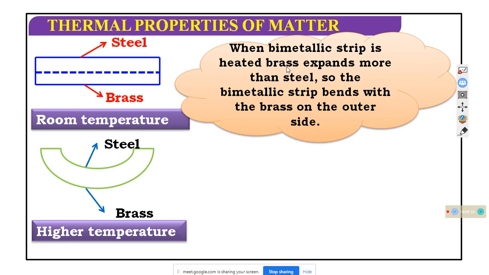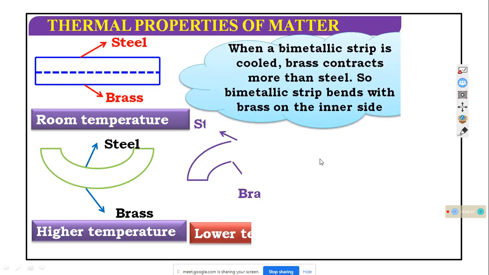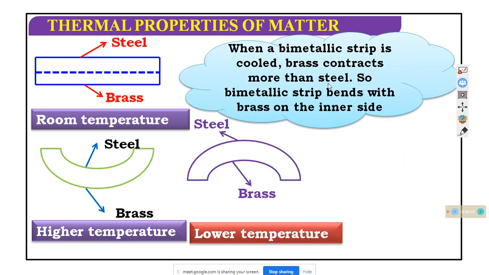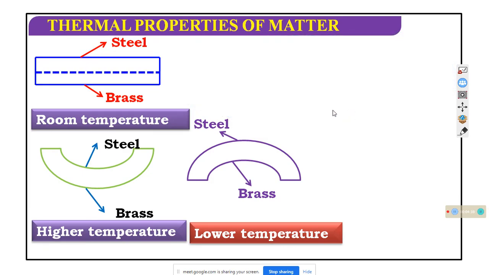Okay, when the bimetallic strip is heated, brass expands more than the steel, so the bimetallic strip bends with the brass on the outer side. When the bimetallic strip is cooled, the brass contracts more than the steel, so the bimetallic strip bends with the brass on the inner side. Okay, like this. This is the high temperature and low temperature, এমন phenomenon ঘটে. ঠিক আছে,